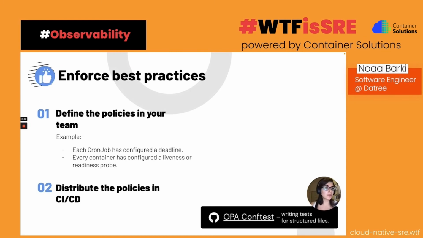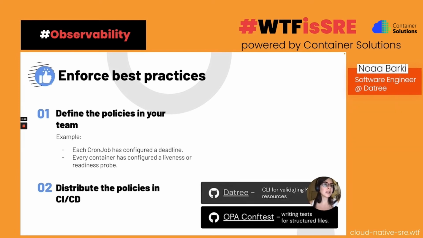Another tool that you can use is my very own open source project, which, much like Conftest, allows you to scan all your Kubernetes resources, but also already comes with built-in policies and rules for Kubernetes